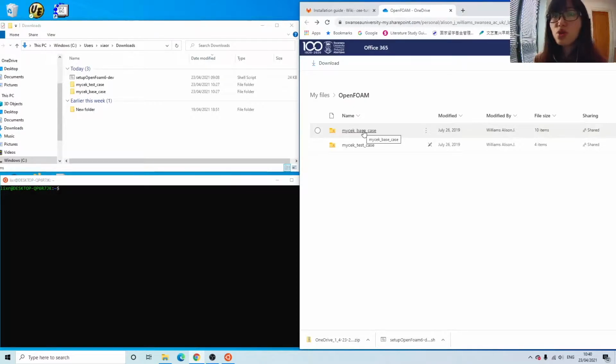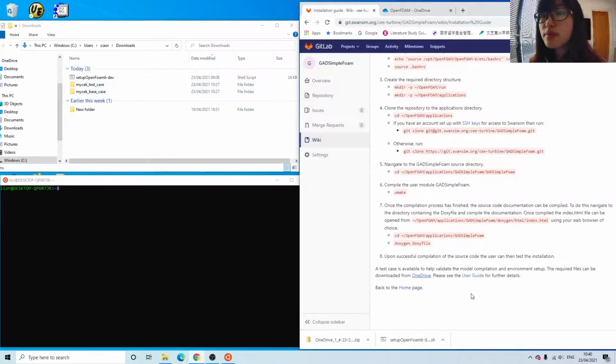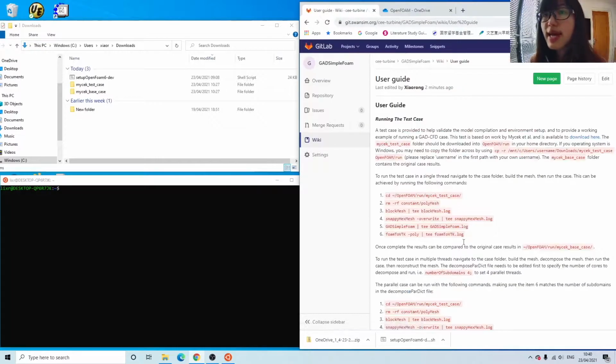been installed properly. So to download these two folders, you have to click on this to select them all and then click on download. And because these files are actually quite large, about 1 GB, and it takes a while to download, so I've already downloaded them to my computer. Here you can see them. Okay, so now let's go to the user guide and then follow the instructions here to run the test